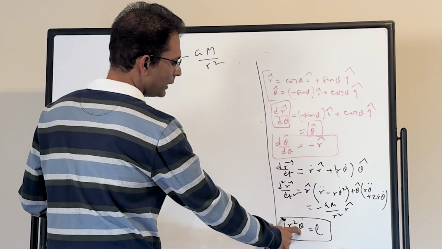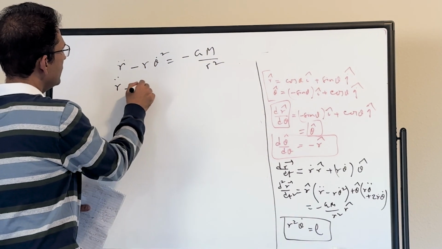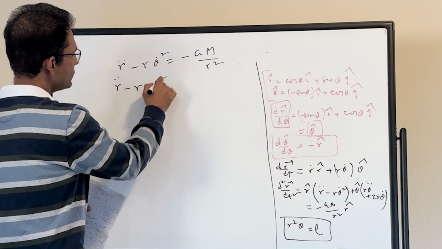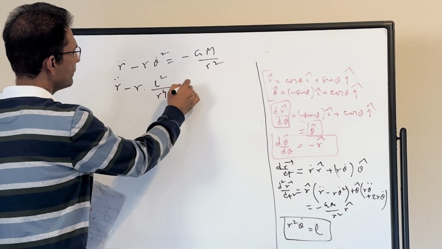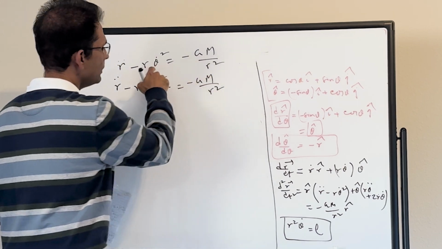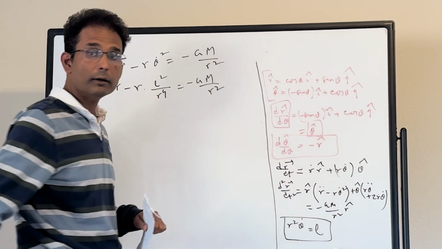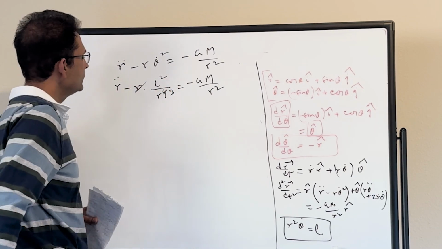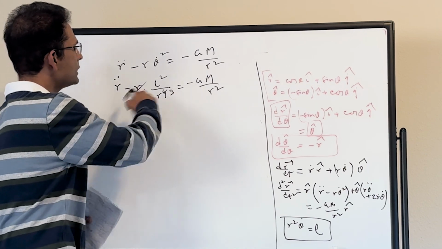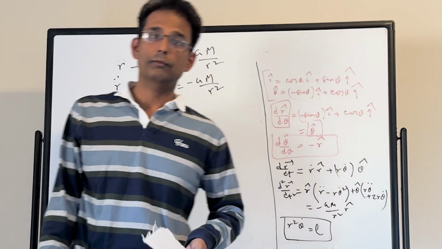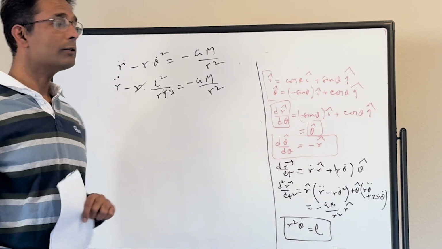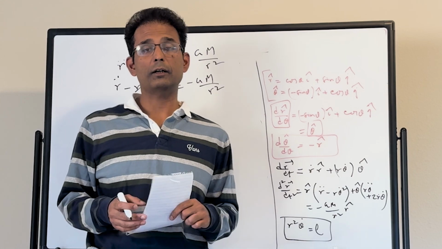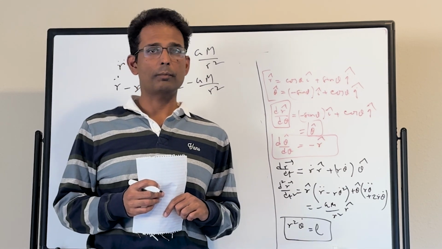Now theta dot can be replaced by an expression involving r. So theta dot squared would be L squared over r to the power 4. I simply replace theta dot by L over r squared from this equation, and you get this. So it would be r cubed. Now this is a differential equation of r. You can solve it as a function of time, but it becomes easier to solve, and easier to see that a planet follows an elliptical orbit,